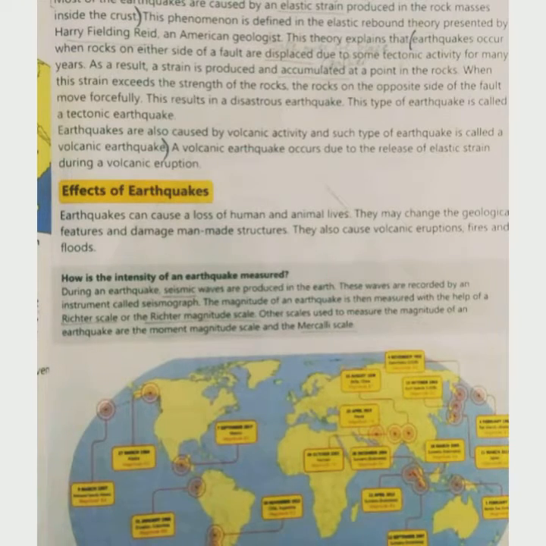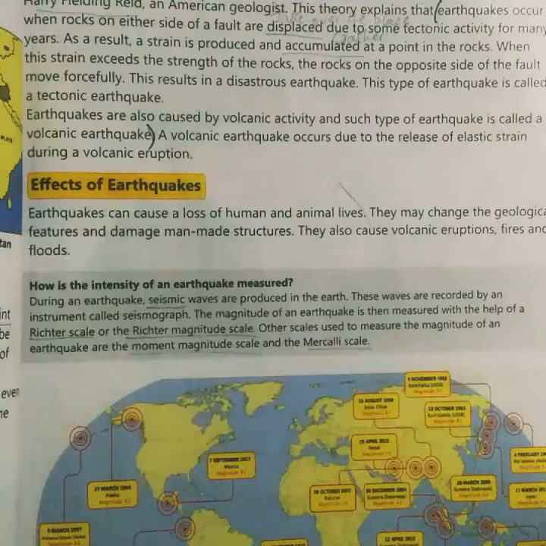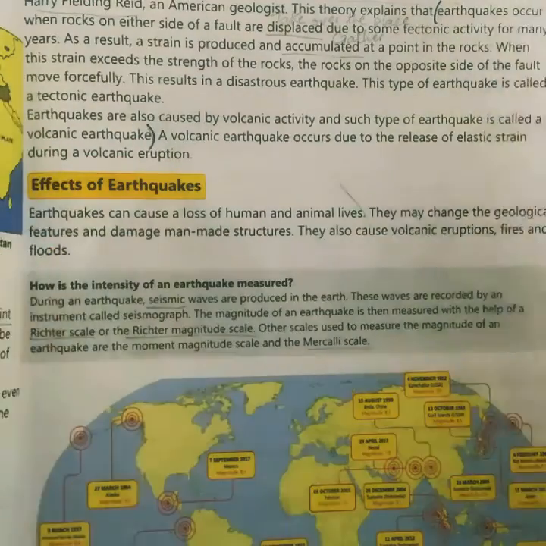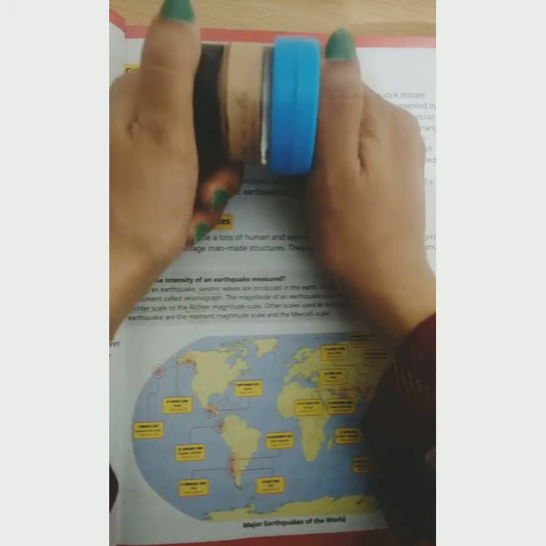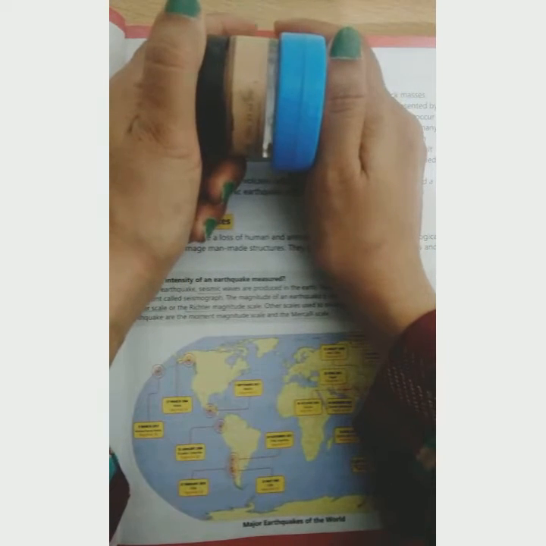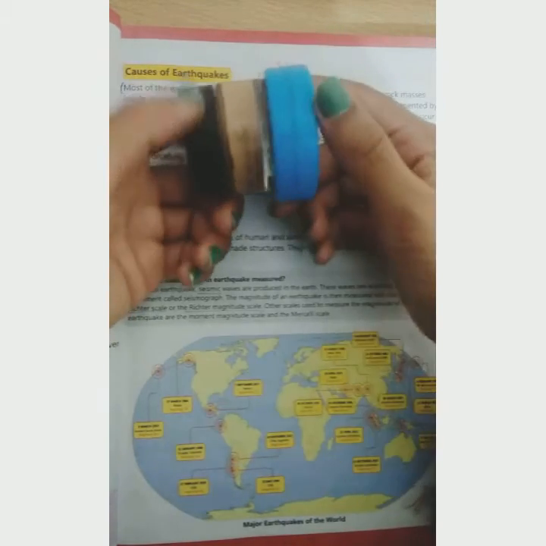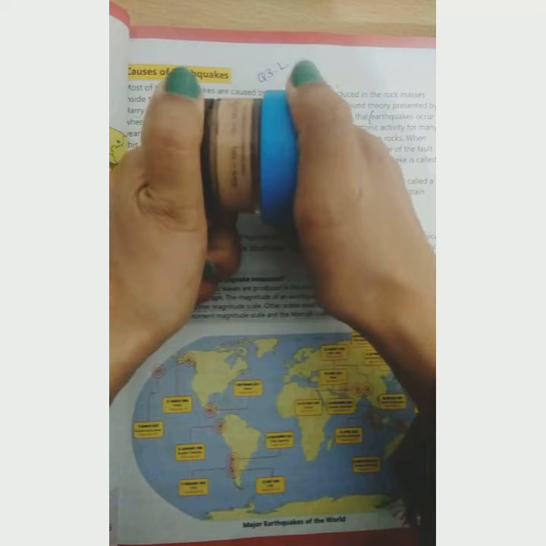Although the movement of tectonic plates is very slow, about 4 centimeters a year, the movement of the tectonic plates causes the displacement of the rocks from their original position. Let's suppose that these are the two rocks. There is the movement of the tectonic plates, and due to that movement, these rocks are displacing